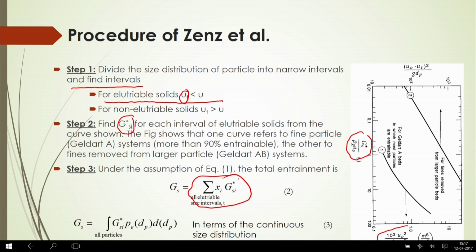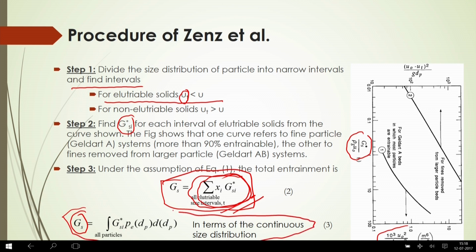Once you know that, you have to sum up all these parameters here. So, G_s is to be calculated by this equation 2. Here again, for a continuous size distribution, you can calculate this elutriation rate by this equation 3. So, here G_s will be equal to the integration for all particles of G_s star